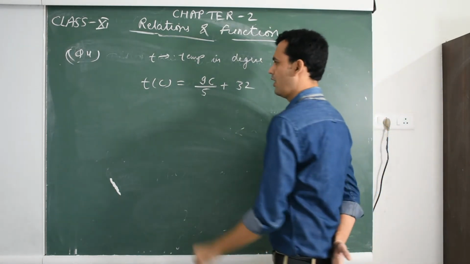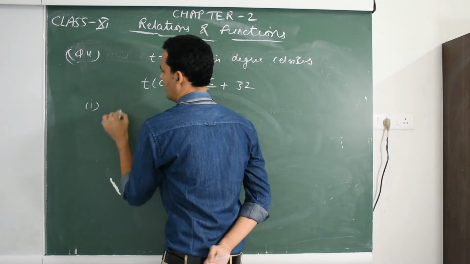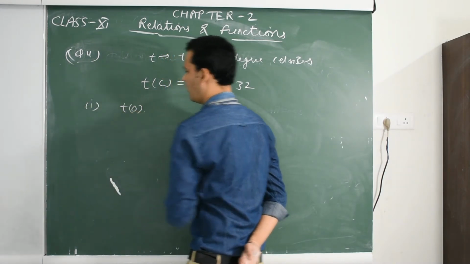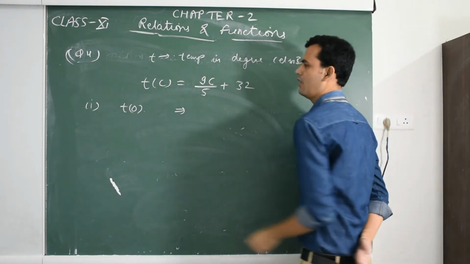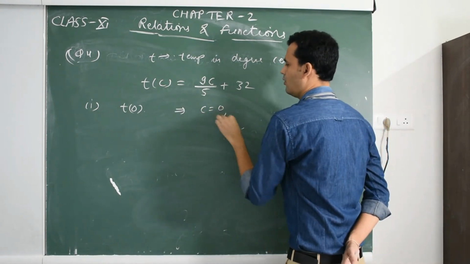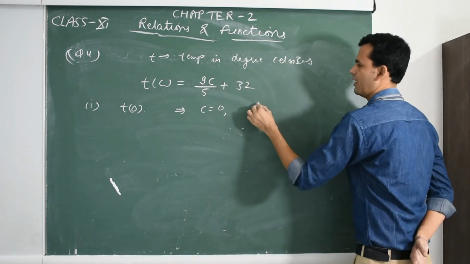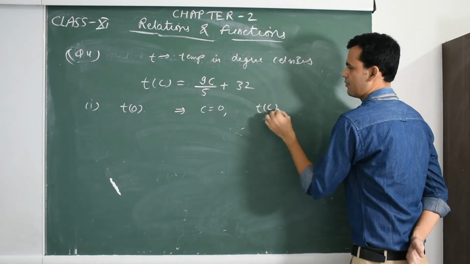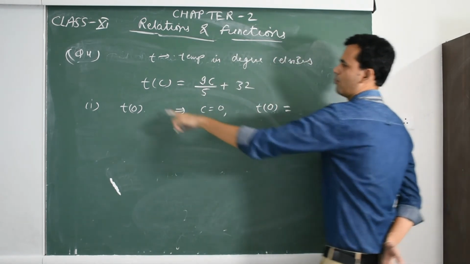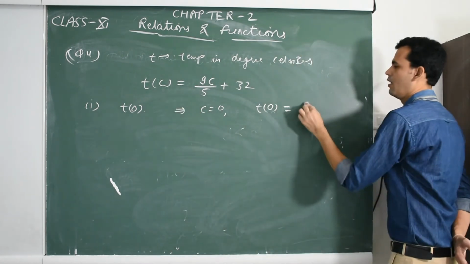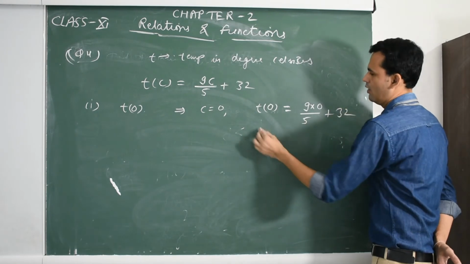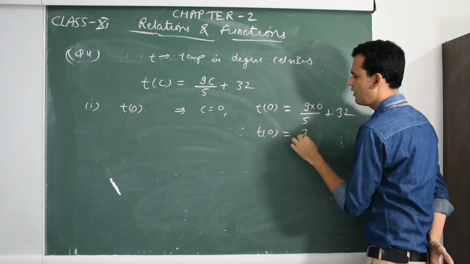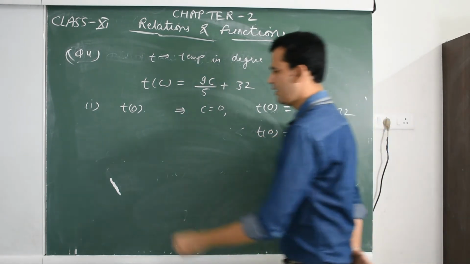And we have to find first T0, the value of T0. So we will put C as 0 in this question. So we get T0 equals 9 into 0 upon 5 plus 32. So T0's value is 32. Second is,